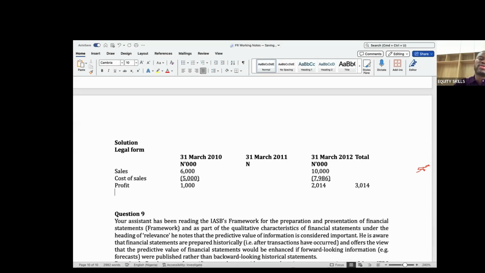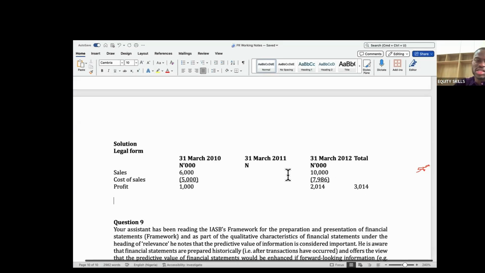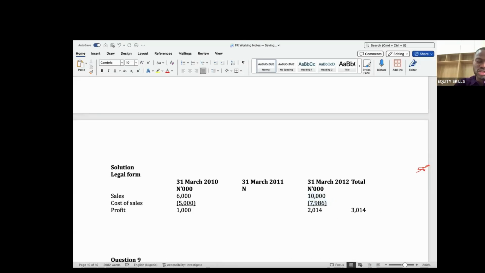So the thing about legal form is that he works with agreements. Whatever is happening on the agreement, he records. So because he has entered into an agreement to sell, on this date he recognized revenue, and this is the cost. Secondly, he has also agreed to buy it back. So he purchases it at this amount and can sell it at this amount. But when it comes to economic substance, it doesn't work that way. This is how economic substance works.